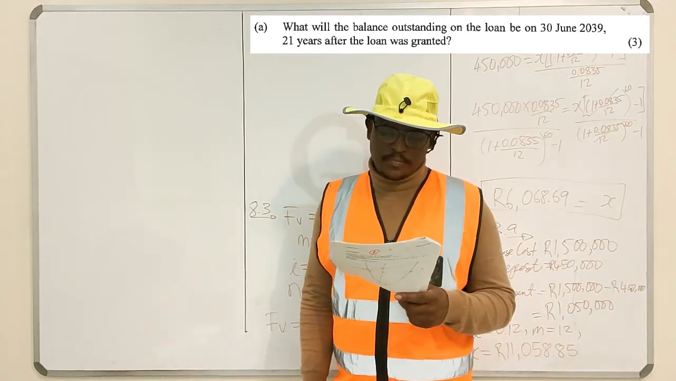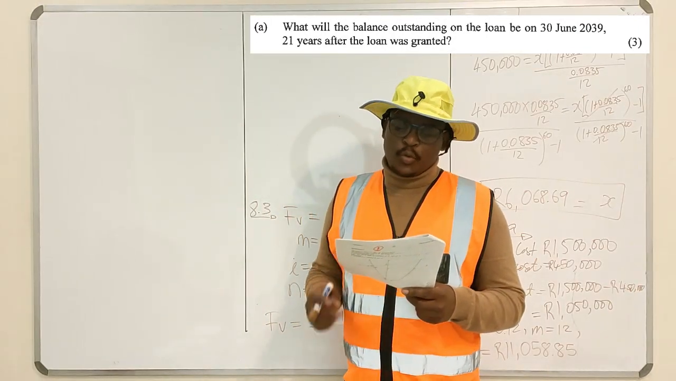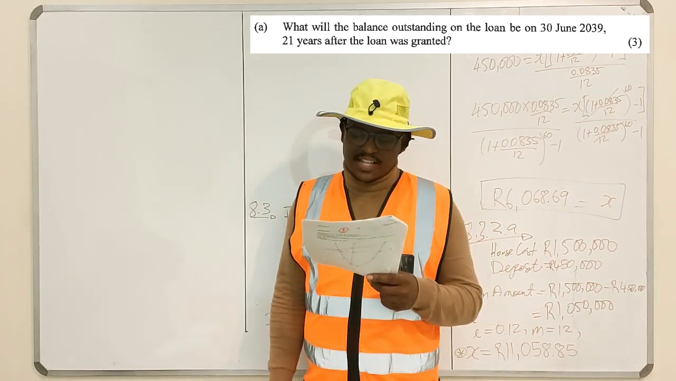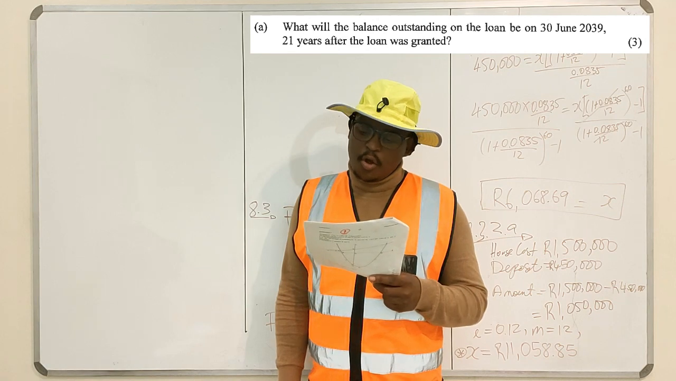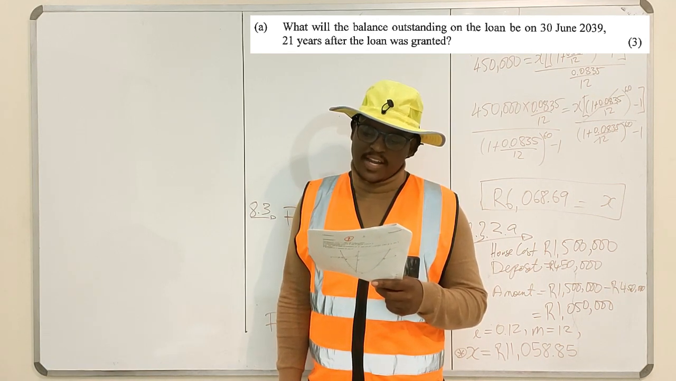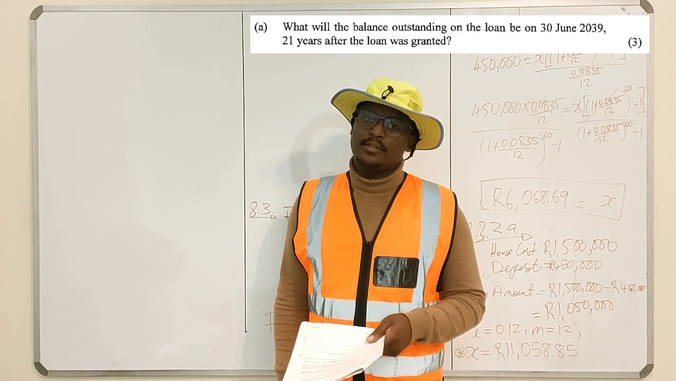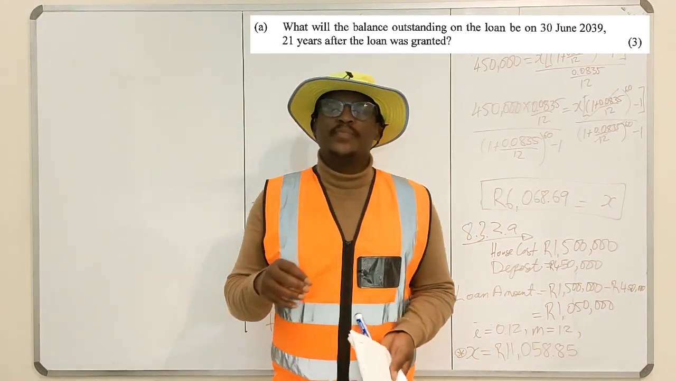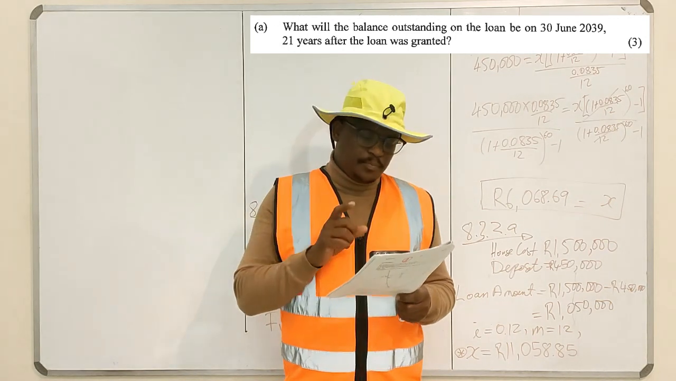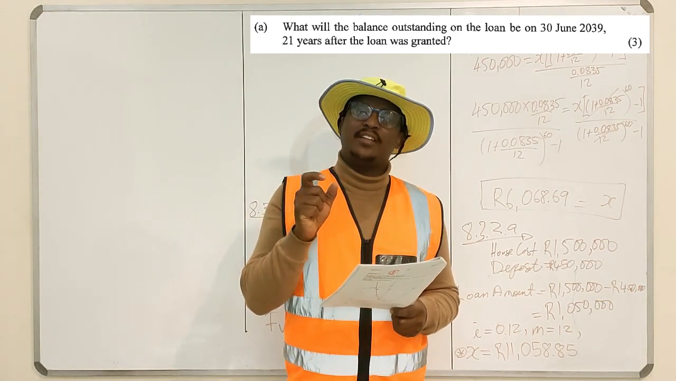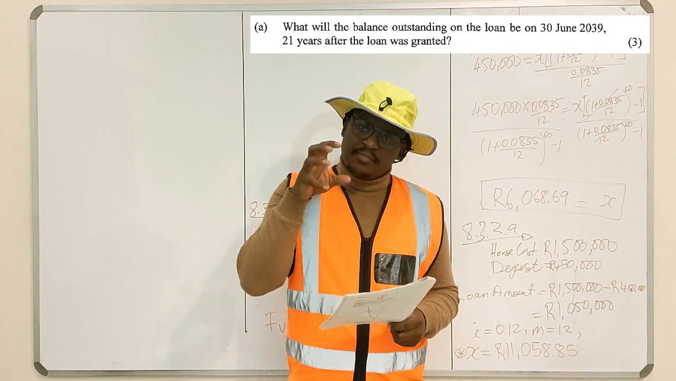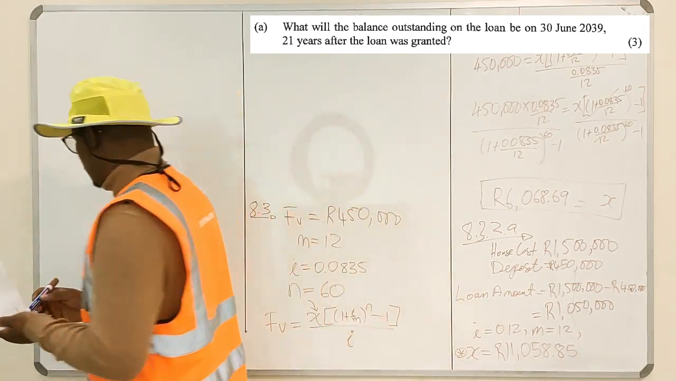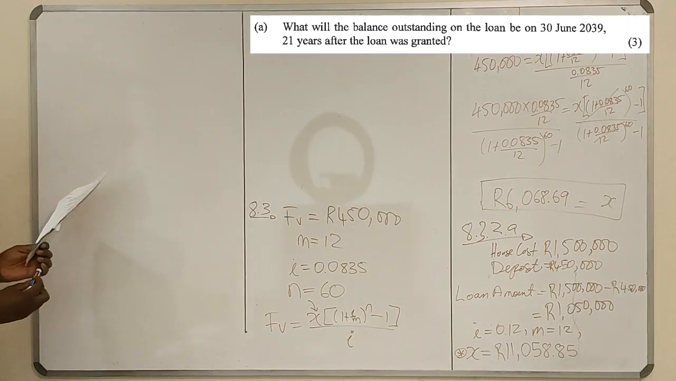Now we've cleaned the board. So the question was asking, what will the balance outstanding on the loan be on 30 June 2039, 21 years after the loan was granted? So at 2039, you want the value of that loan. What will the value of the loan be? So how do you do this? You say, okay,